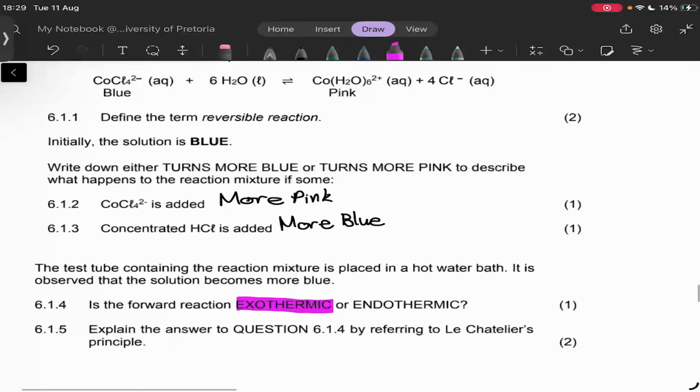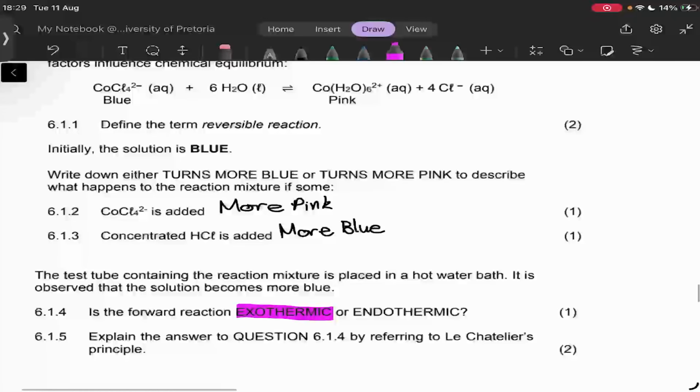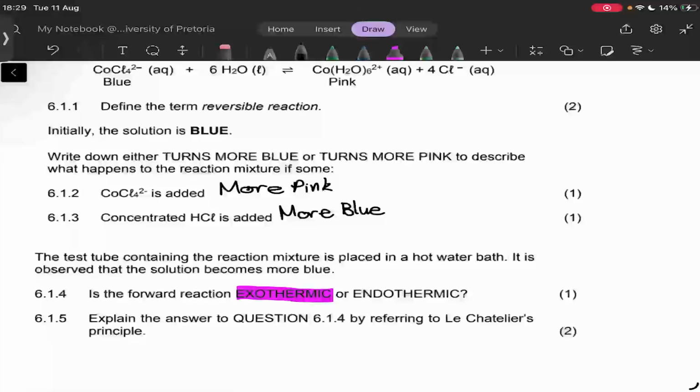And now let's see why exactly that is. So, if we observe that the mixture becomes more blue if we place it in a hot water bath, what in actual fact is happening is that the endothermic is favored. Whenever we increase the temperature, the endothermic reaction is favored. In this case, we see that there's more blue happening, so we'll therefore be able to state that the reverse is endothermic. And if you know that the reverse is endothermic, the forward has to be the opposite, which is exothermic. So let me write that down